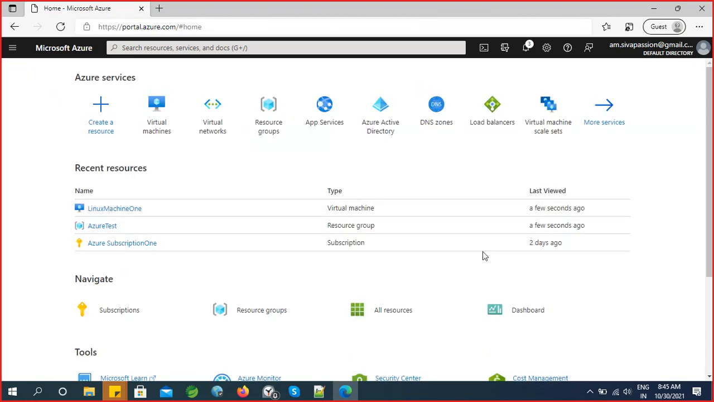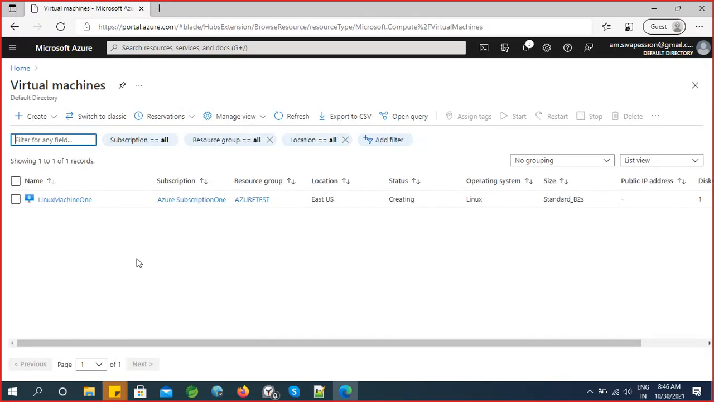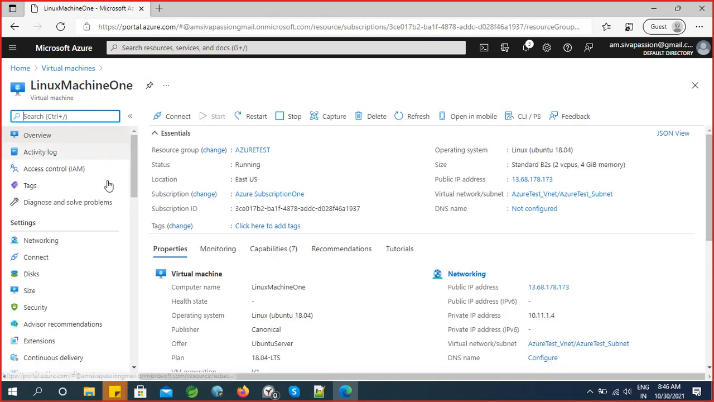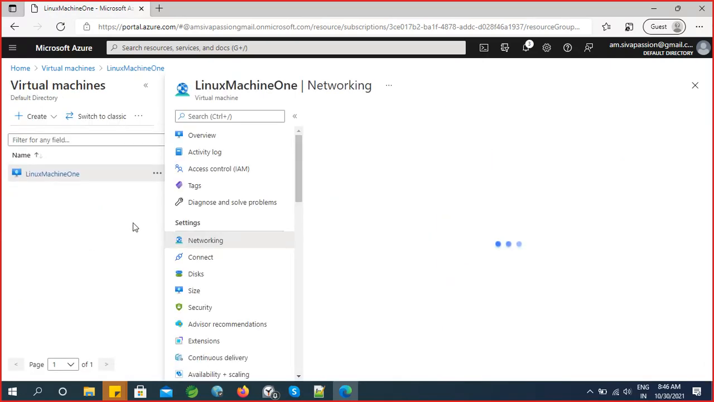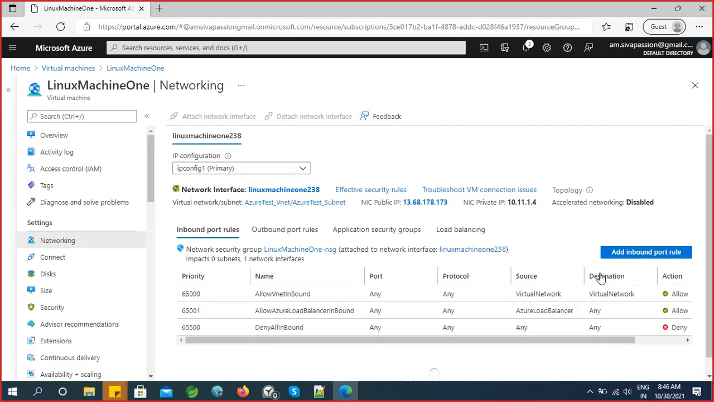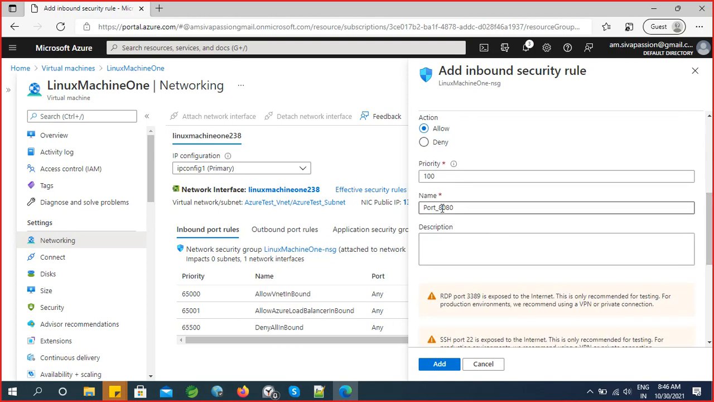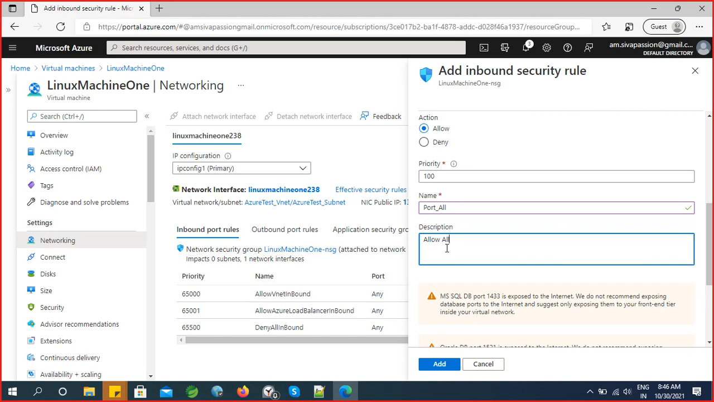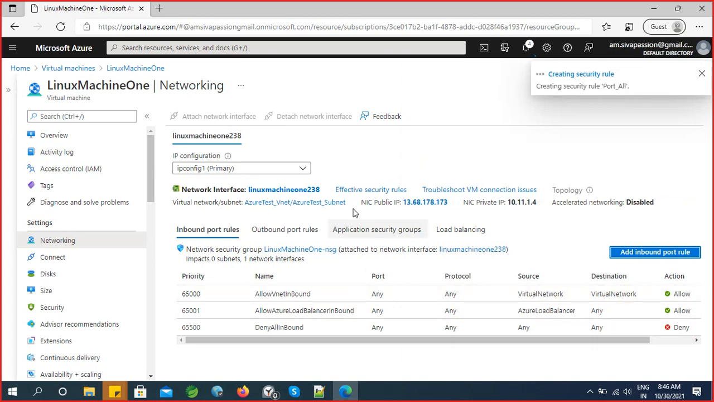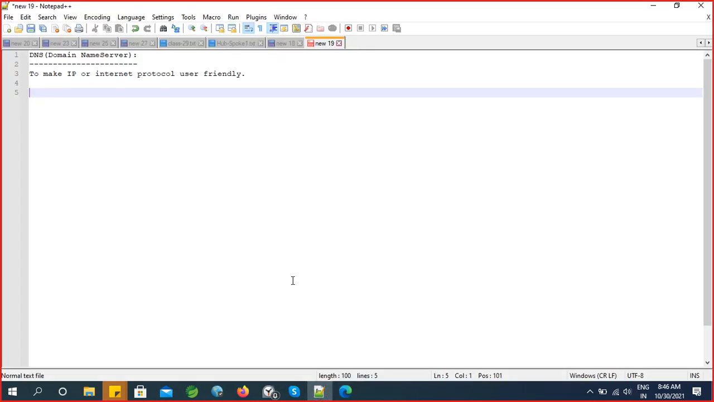So go to home, click on virtual machines, click on this Linux machine one, whatever the machine you have created. And go to networking and try to add an inbound port rule or security rule. Allow all the ports. Click on add. Okay, so it will take some time to add. Meanwhile,